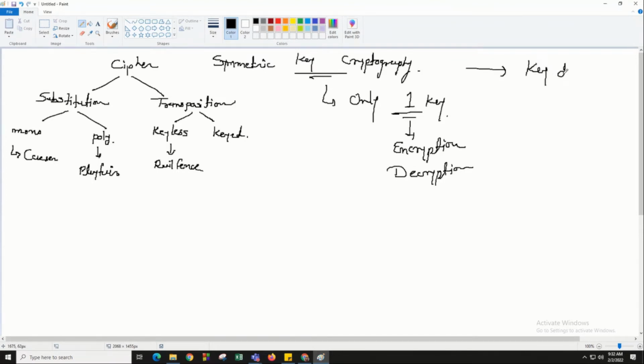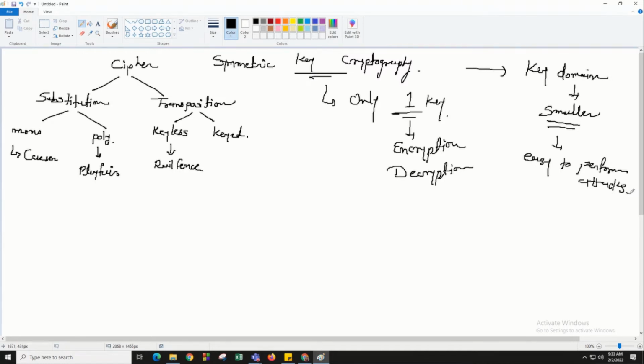The key domain was smaller, and because of the smaller key domain, it is easy to perform attacks. Yes or no? Yes, ma'am.